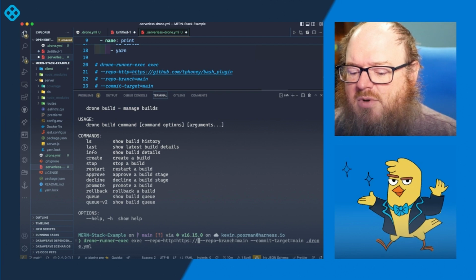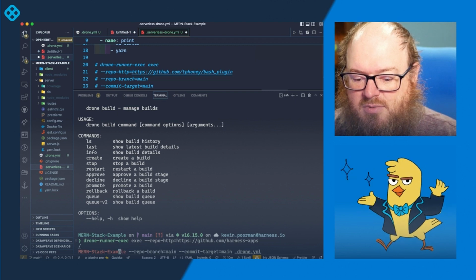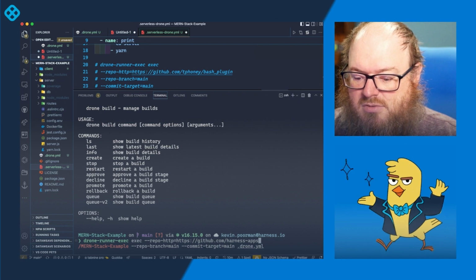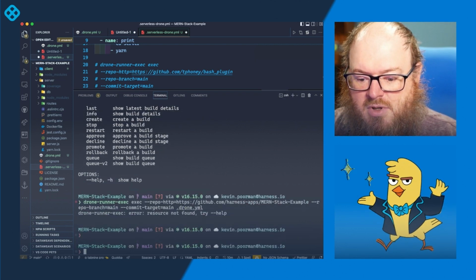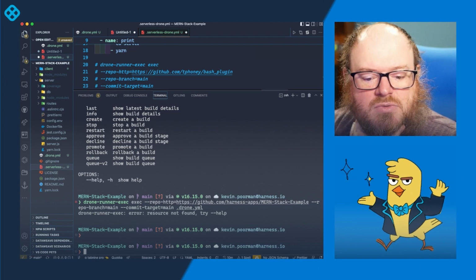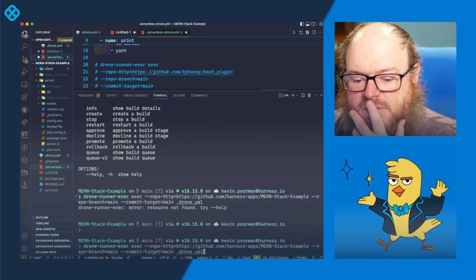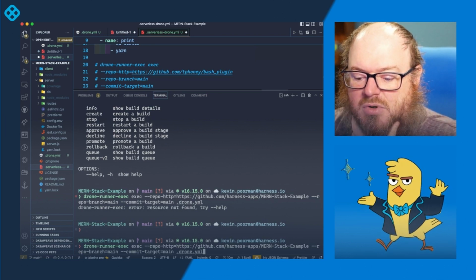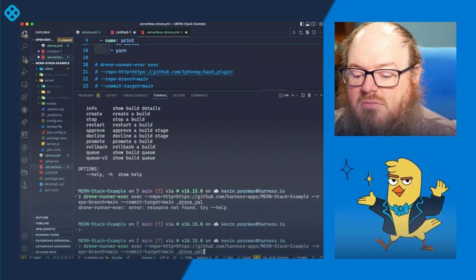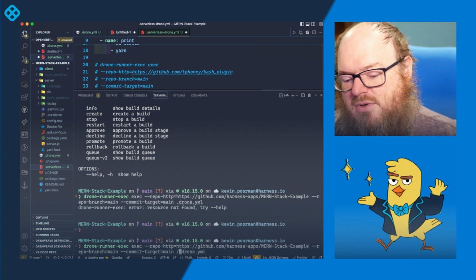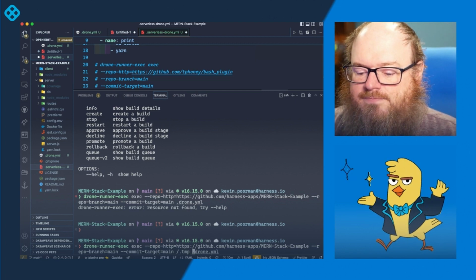So instead of doing that, we're going to do github.com/, we'll paste that there, make a mess of this, and there we go. Resource not found. What? Oh, it's because I didn't put an exec in there. No, I did. Drone runner exec. Repo branch main. I have to give it a directory, so we're going to do